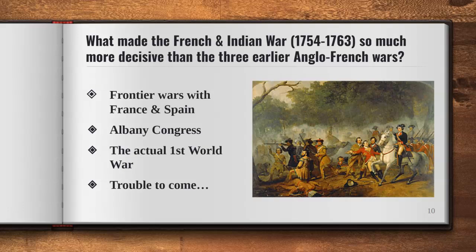Under the leadership of William Pitt, the British war effort expanded, but the conflict grew increasingly costly. The war finally ended in 1763 with the Treaty of Paris, in which Britain gained control of most of the European claimed territory in North America, including all of New France up to the Mississippi River, except for New Orleans, and Florida.